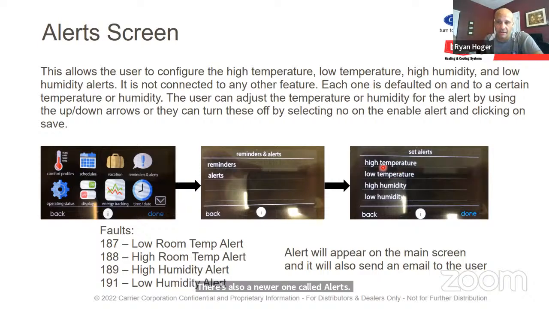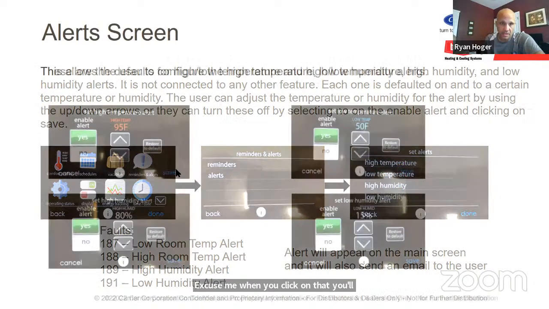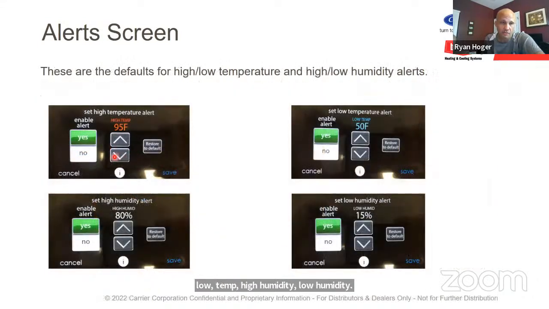When you click on that, you'll get high temp, low temp, high humidity, low humidity. And you can go into each one of those and set it for whatever you want as the consumer. So in this case, someone said, hey, if it's above 95 degrees, tell me. If it's above 80% humidity, tell me, right? That kind of thing. Me personally, at my own house and even our own buildings at TEC with Ecobee stats,